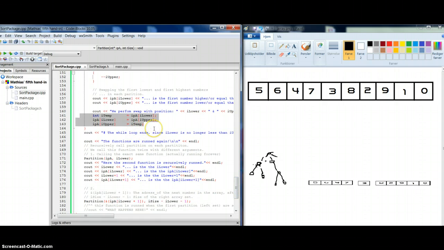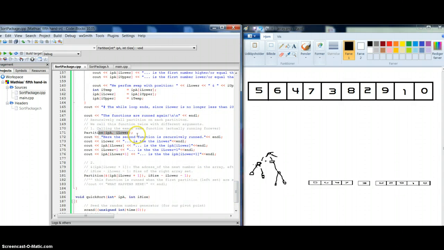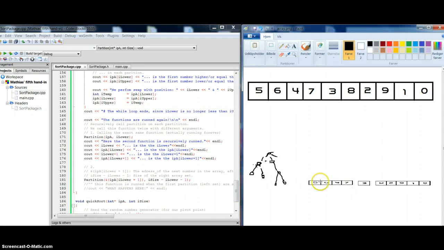Yeah, and that's basically it. But then when we've done all of this, we should run the code again with the new partition being the i lower position, meaning this position. So it's going to be 4 or something, and then we run the function again, taking a new random pivot, and then putting the smaller values over here and the bigger values over here,